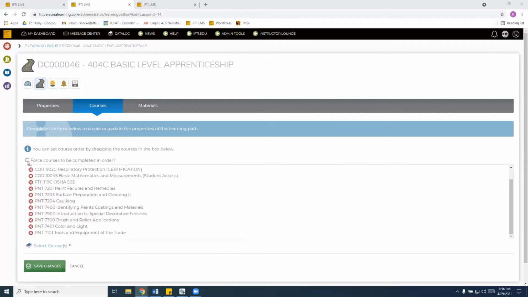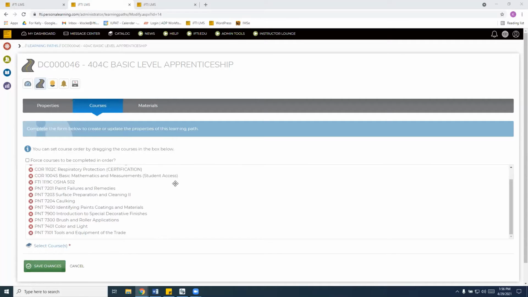So if you uncheck that, they can jump around and take any course in any order they want, but the learning path will not be marked as complete until every course that's in there is completed. If you select that force courses to be completed in order box, then it does exactly what it says. It forces them to be completed in order, and each one will be stacked on top of each other as a prerequisite. Thank you for the clarification.